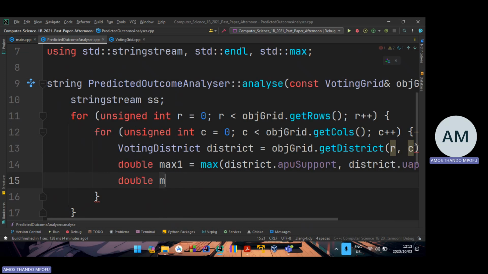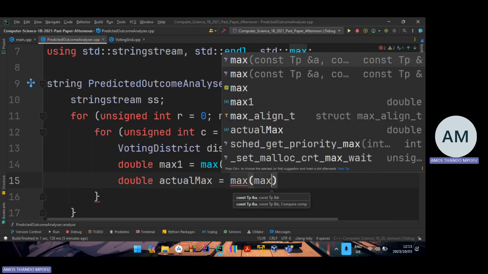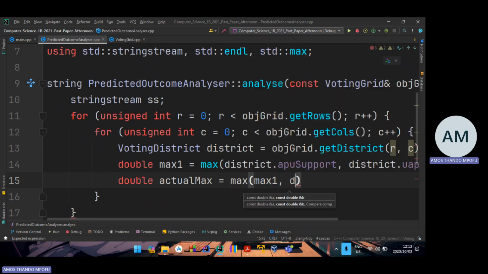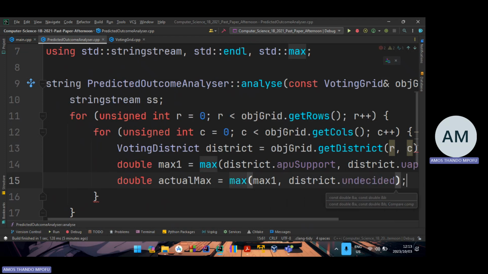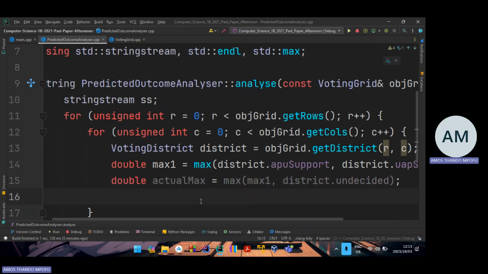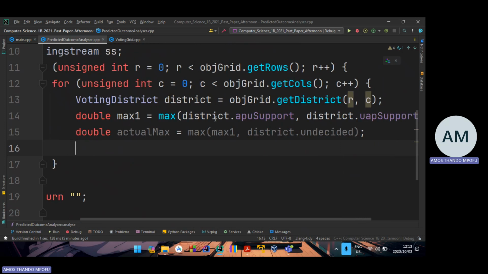Okay, I can just call it actual max. It is the actual maximum. So how am I going to find it? I'm going to take the previous maximum, max1, and compare it with the undecided, because I need to find the maximum between all three values. Since this function only takes in 2 parameters at a time, I'm going to trick it. I'm going to find the maximum between APU support and UAP. Then I use that maximum as input to find another maximum between that answer and the undecided